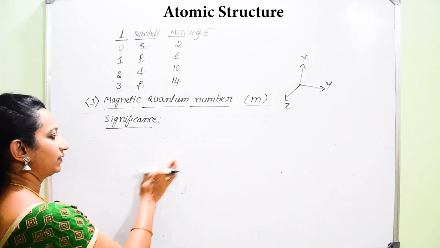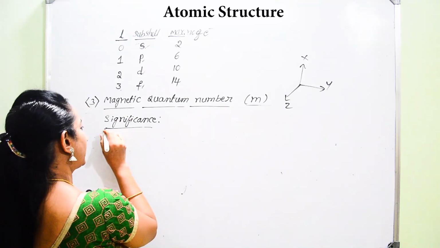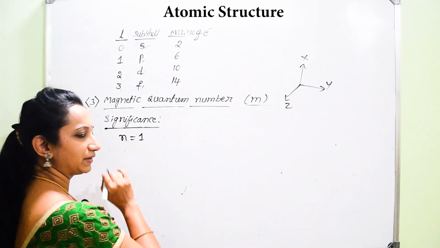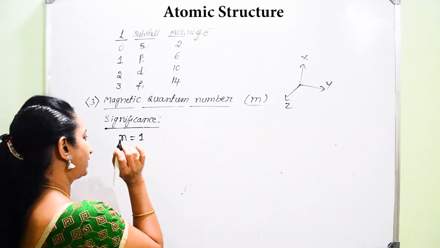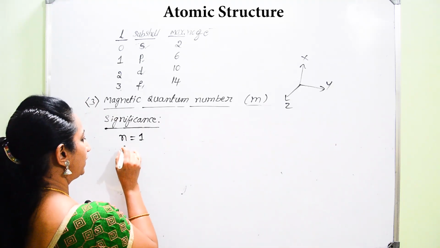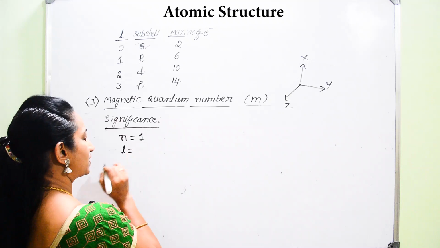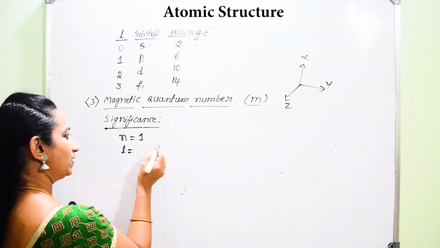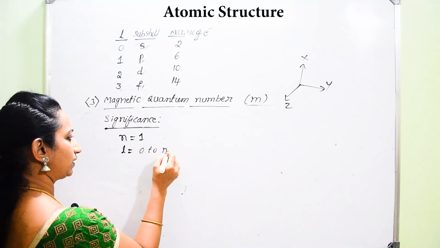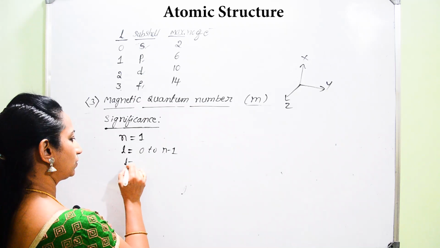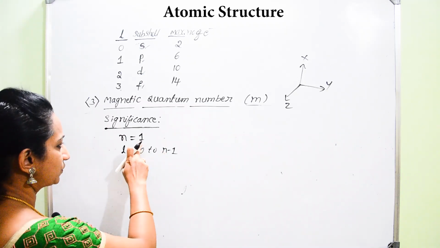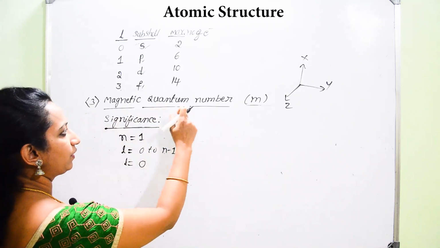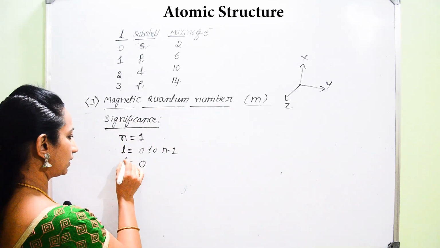Now, let us start with, ಈಗ ನಾವು n value ಇಂದ ಸ್ಟಾರ್ಟ್ ಮಾಡೋಣ. ಯಾವುದದು? ಪ್ರಿನ್ಸಿಪಲ್ ಕ್ವಾಂಟಮ್ ನಂಬರ್. ಪ್ರಿನ್ಸಿಪಲ್ ಕ್ವಾಂಟಮ್ ನಂಬರ್ K shell ಅಂತ ಹೇಳಿದೆ. n is equal to 1 means it is representing K shell. Then for the given n value, azimuthal quantum number, principal quantum number ಆದ್ಮೇಲೆ azimuthal quantum number L varies from 0 to n minus 1 ಅಂತ ಗೊತ್ತಿದೆ. So you will get L is equal to 0 because n is 1, 1 minus 1 is 0. Now we are going to find magnetic quantum number with the help of this azimuthal quantum number.